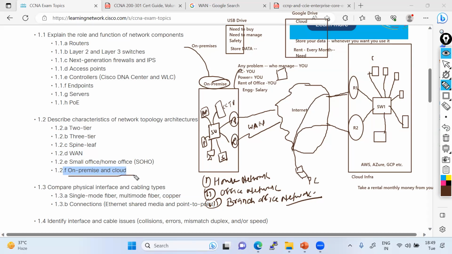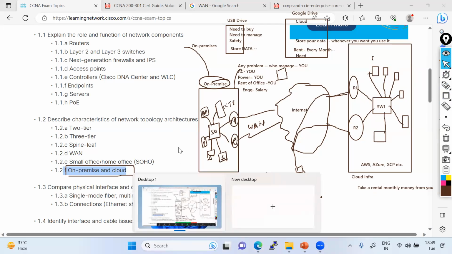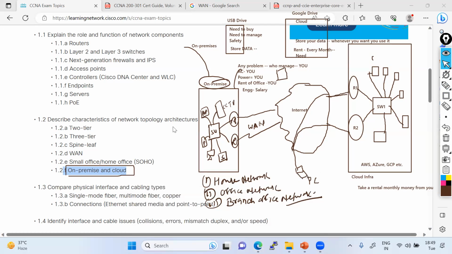So cloud is something where you just have to pay the rent on a monthly basis, and after paying the rent, you can access them without any problem. Okay. So this is on-premises versus cloud infrastructure. Any question, anything we can discuss on it here, or we are good till now? Okay, so if we are good till here,